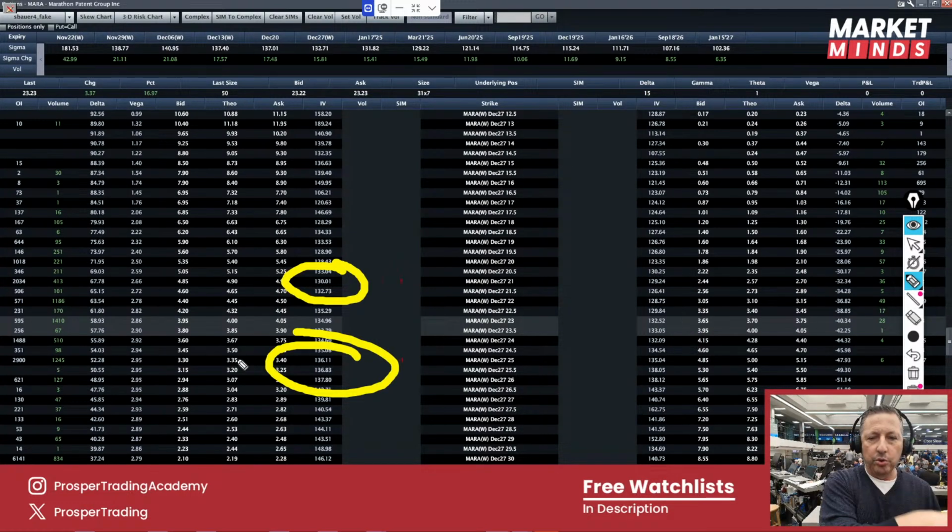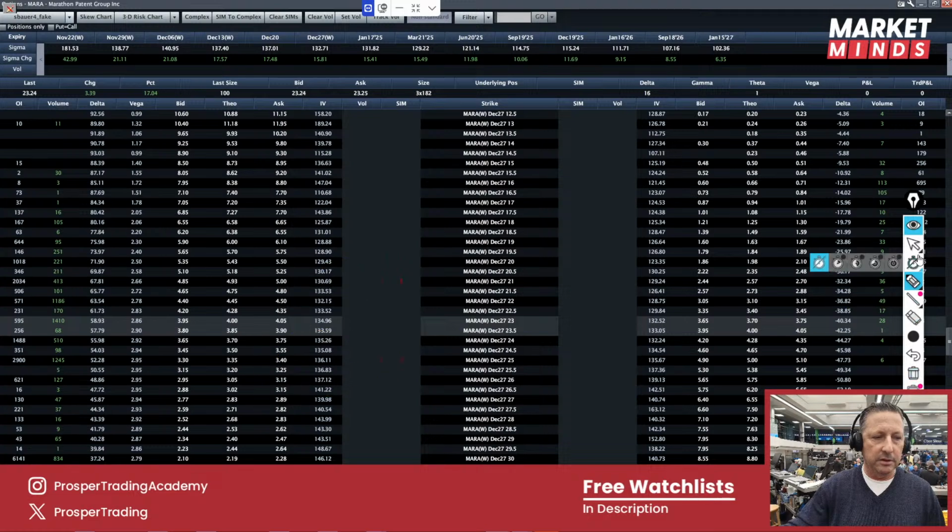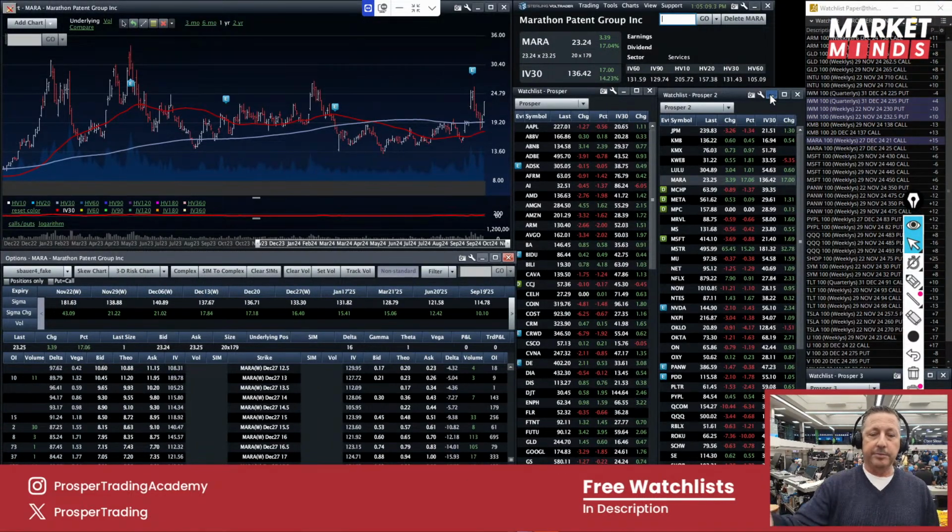So the skew in Mara, the skew in MSTR, the skew in IBIT, the skew in all of these crypto related stocks, the skew is to the upside calls because the big demand is to the upside calls. And it's presenting itself very similarly to what we saw a few years ago with the meme stocks, AMC, GME, where we saw those gamma squeezes. We'll talk more about this tomorrow or Friday. But I just wanted to point that out.